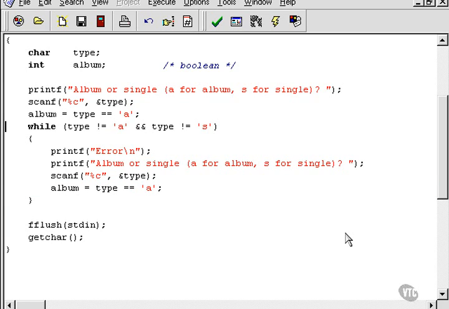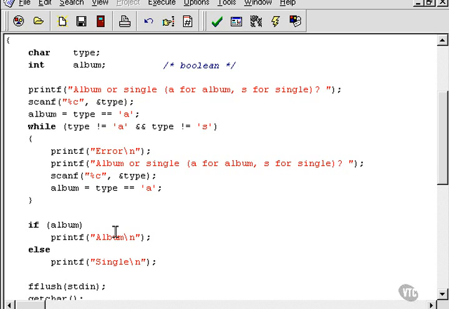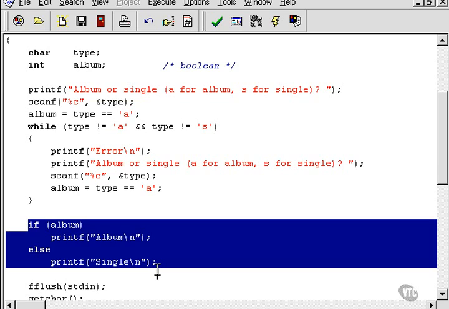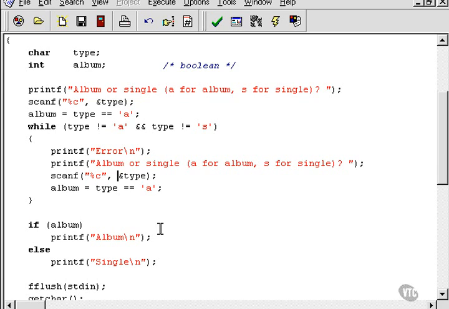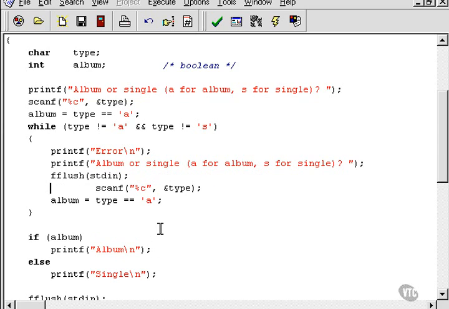Okay, so it looks like it will work. Let's put a little line of code at the bottom to tell us whether it's going to work or not. Okay, there's our modification. That will hopefully tell us whether we've got it right or not. That's exactly copied out of last chapter's program exercise. And now we go back up to here because I believe that we're going to need an fflush before every scanf. I know it's ugly, but that's probably what we need. Okay, we'll save that, compile,